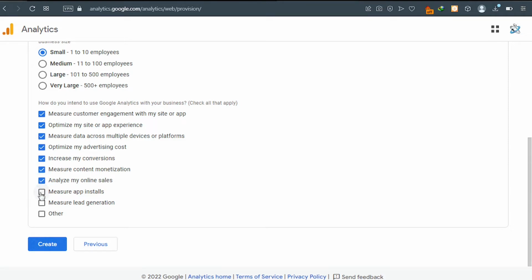Now, if you have a mobile app, you can also select this, but for now I don't have mobile app. Okay, but to make things easier for you in future, just select it because you don't know when you have a mobile app. So do that and this. After that, click on create. Okay,